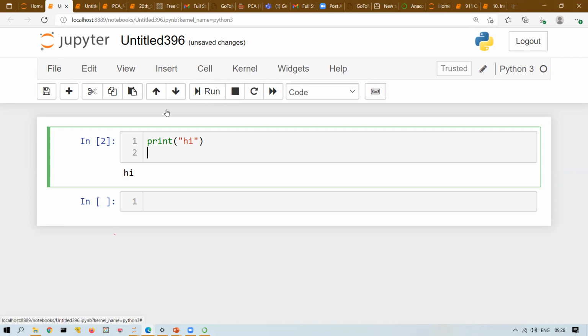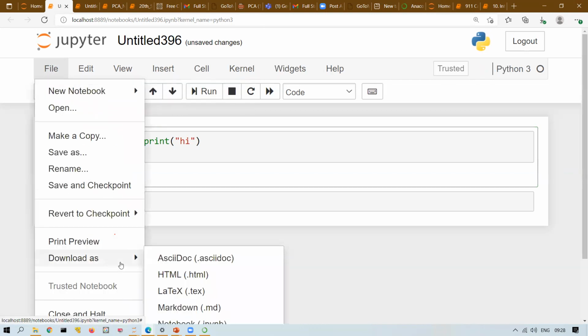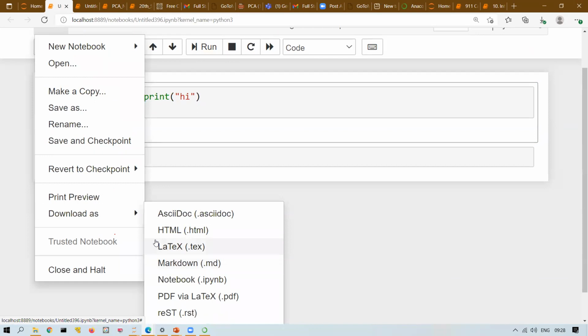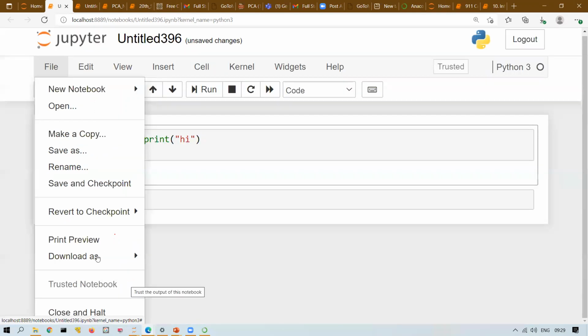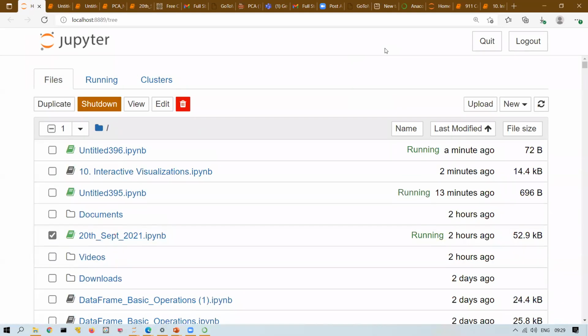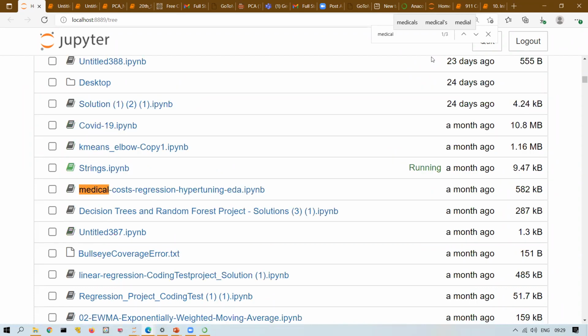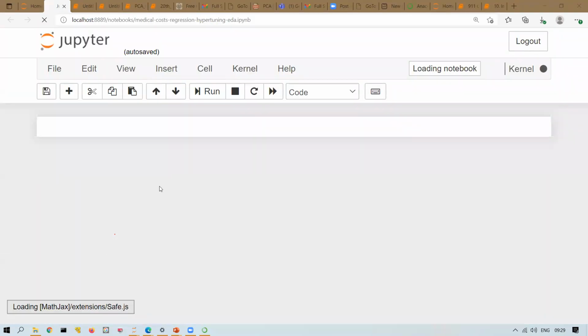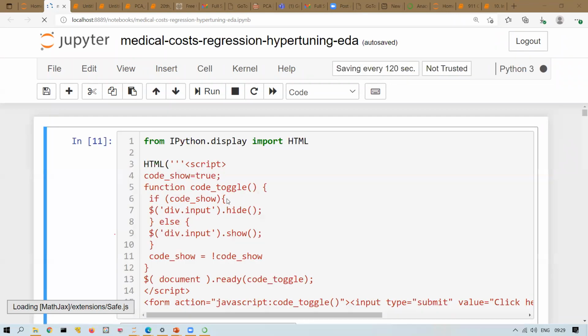Now you want to save this. Let's say you have written a lot of Python code and you want to download it. Jupyter will allow you a lot of options to download. So you can download in HTML format. You can download in notebook format. You can download it in PDF format, right? And the beauty, I'll tell you, is if your manager is a very senior-level person and he doesn't have Python installed, and even though Python is there, let's say he doesn't have all of the software or basically packages installed which are needed to run your code, right? Like with Python, he needs a lot of software that you are using.